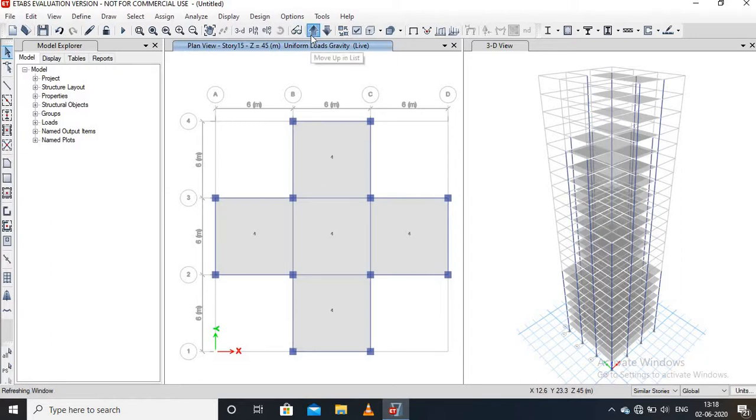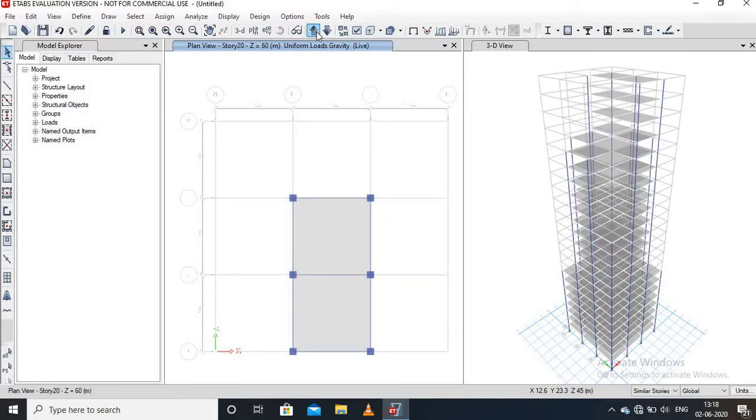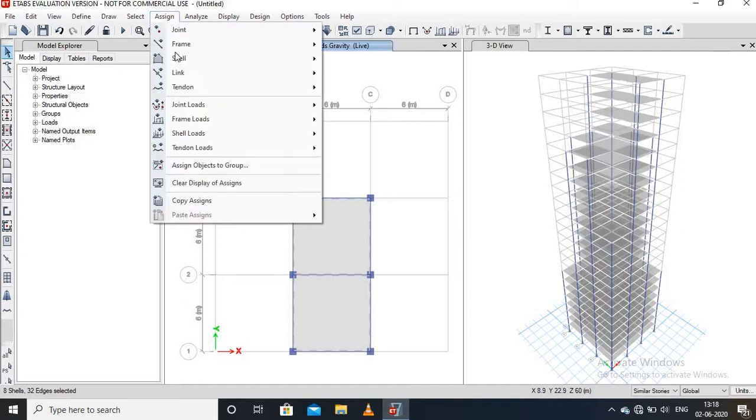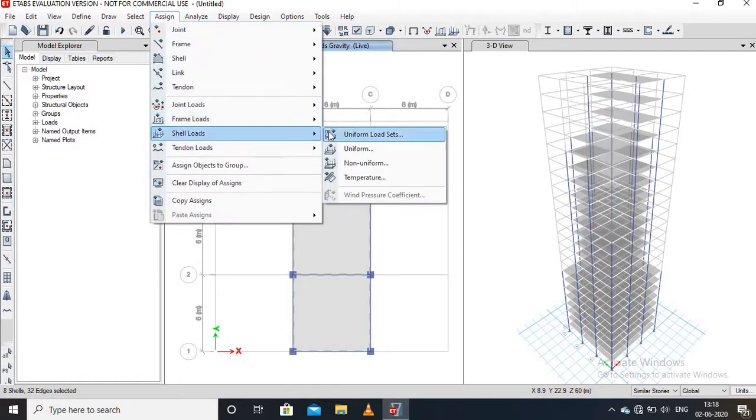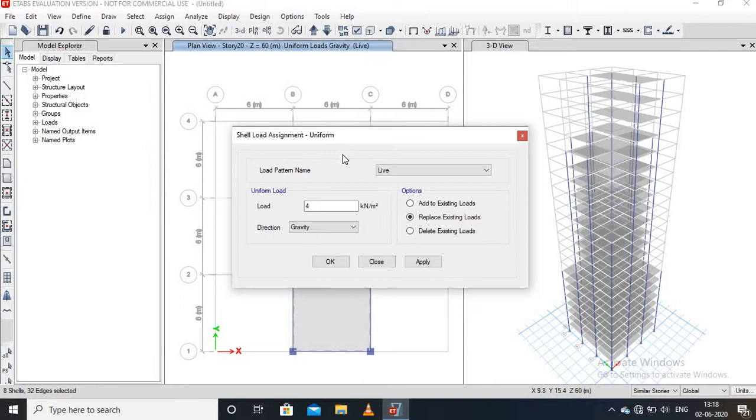Select the cells, go to the Assign menu, go to the cell load and uniform, change it to 3.5, then apply, then OK.